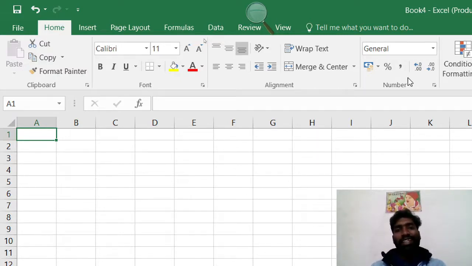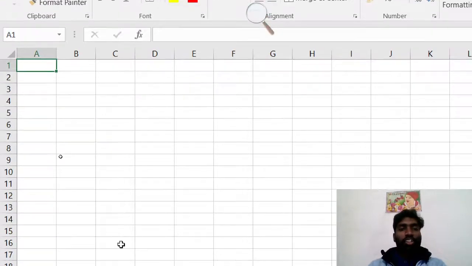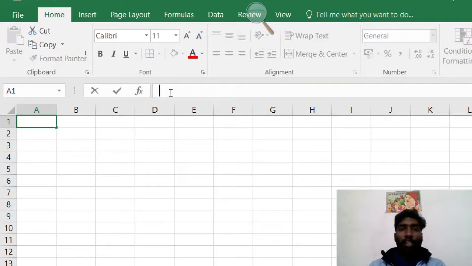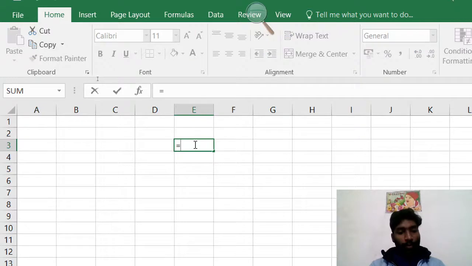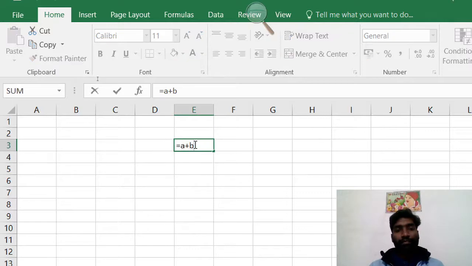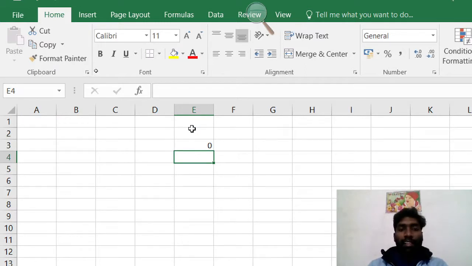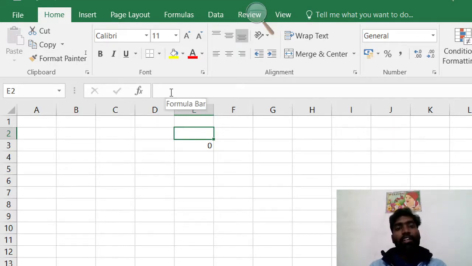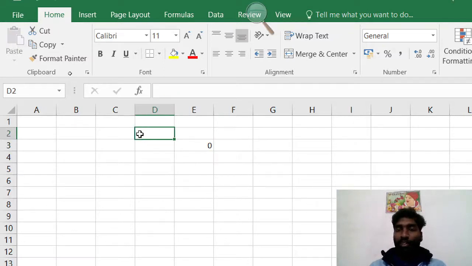Just this is a recall. I'm revising once, a recap. In an Excel sheet, this is the formula bar, used to show the formula. If a cell contains a formula, here see, equal to A plus B. Now see, I am clicking here. When I select this cell, it contains no formula, so the formula bar is empty. If a cell contains any formula, this bar will show the formula. Kindly see here, now it is showing the formula, because this cell contains a formula. This cell didn't contain any formula.